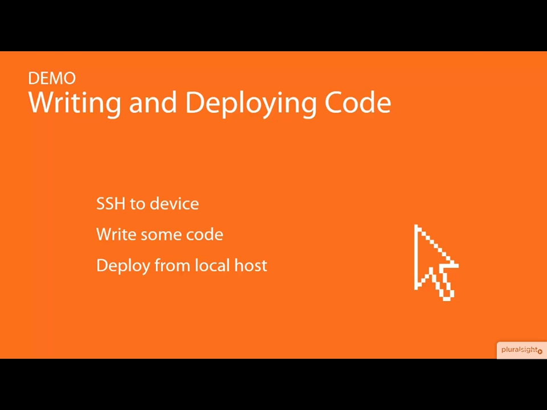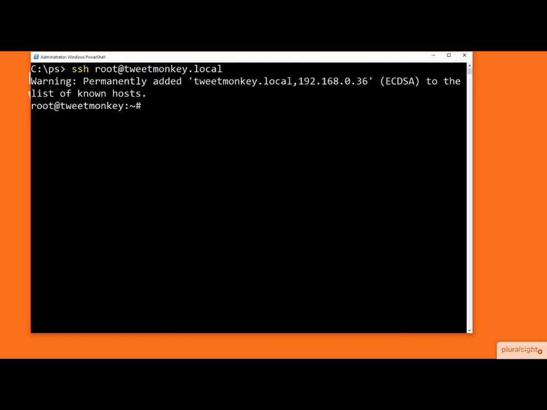Let's get started. The first thing we wanted to do was SSH to our device, so we'll type ssh root at, my device happens to be called TweetMonkey, use the mdns .local, and that jumps us into the device. You'll notice that I am using a key to avoid having to type in a password. I've landed at my home directory, and the first thing I want to do is jump right back into our